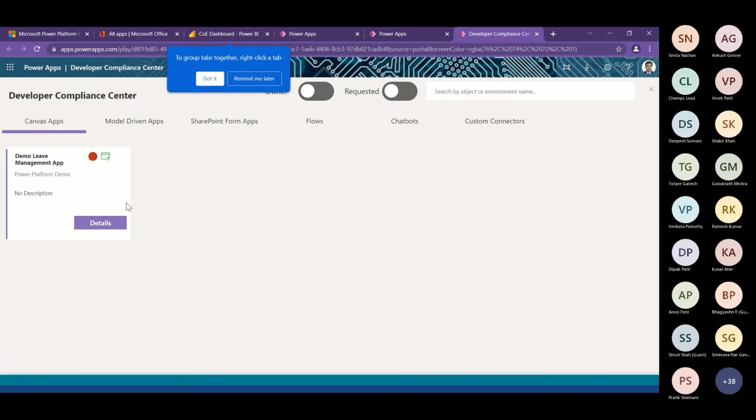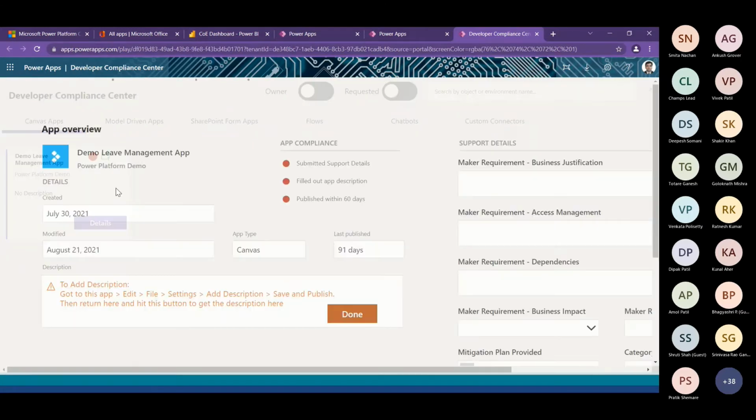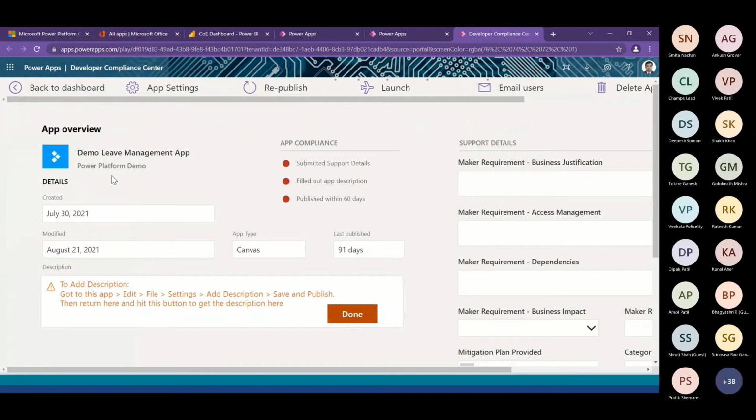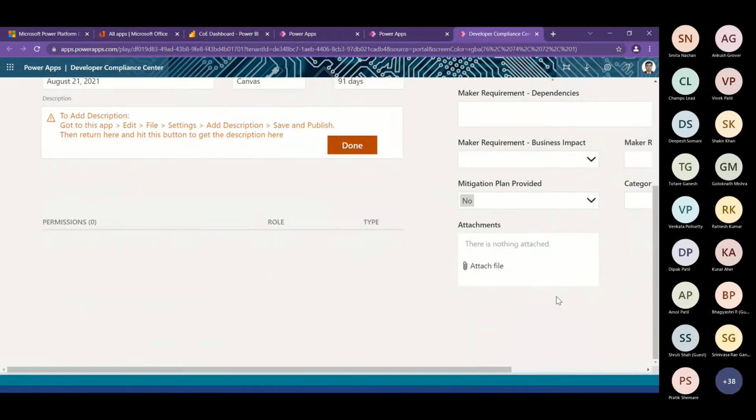Just as an example here, this is an app that I had created, but this one is in red color. If I go into the details, obviously this one is not compliant, so that's the reason we have that red symbol there. And from here, you'll be able to see that there are certain things which I haven't mentioned in